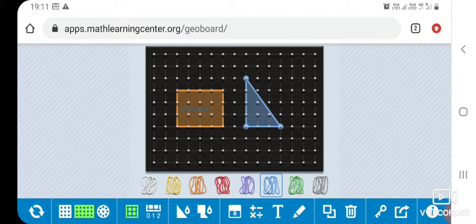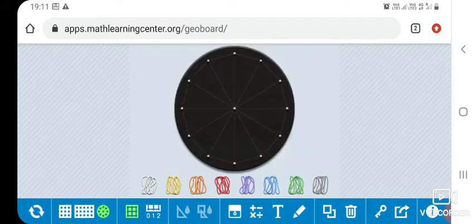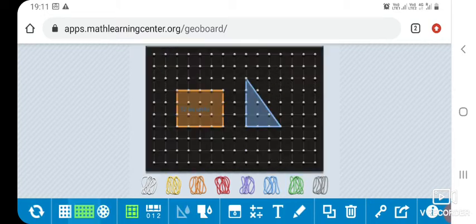You can also draw some features of circle, like you can draw diameter of a circle or you can draw radius of circle like this. You can draw some chord of circle by joining 2 points of circle other than diameter. So like this you can draw different shapes. So various options are available in it. So explore more and more features of this geoboard and use it to draw different shapes you want to draw.